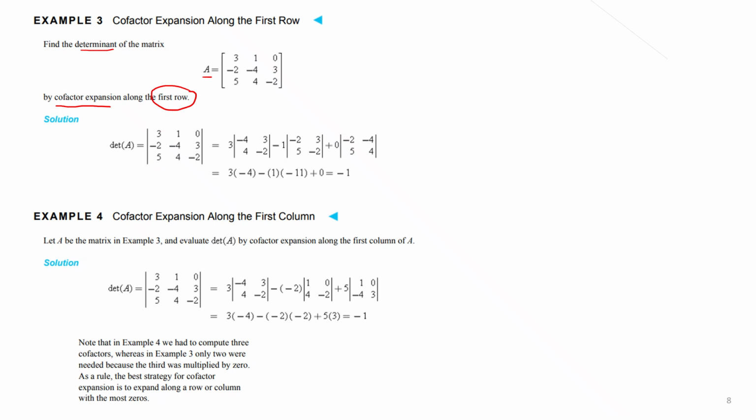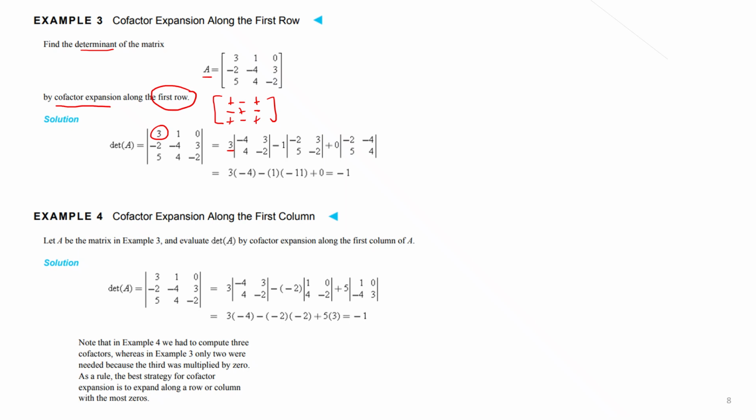Cofactor expansion of the first row means this one. First of all, you need to do it one by one. So it will be the first one, this one, so 3 here. Remember, you still have the checkerboard: plus minus plus minus plus minus plus minus plus. So plus 3,